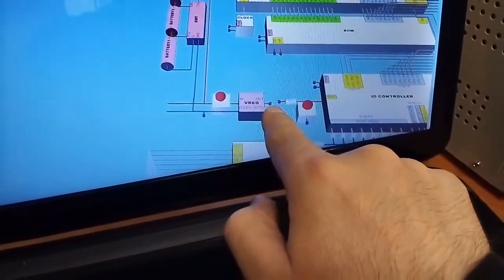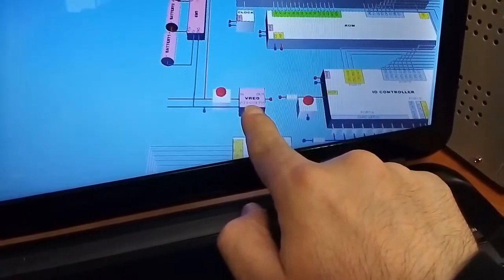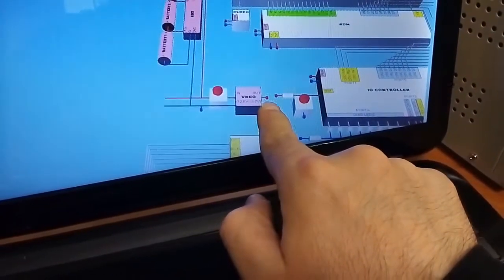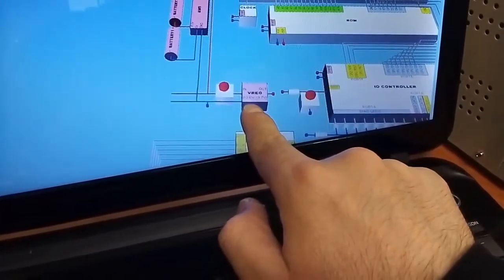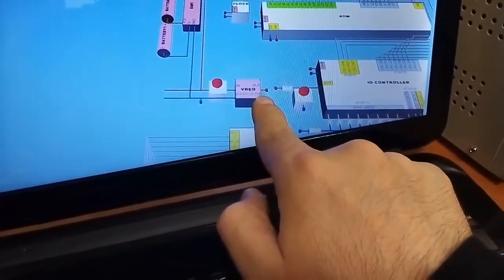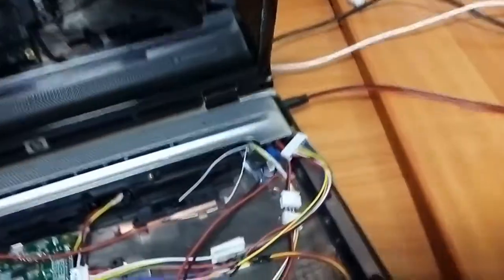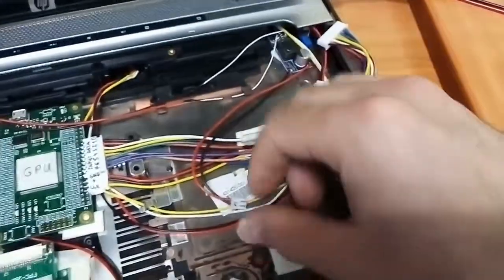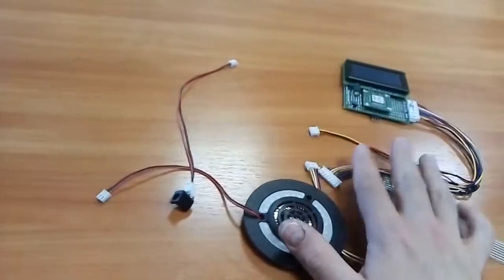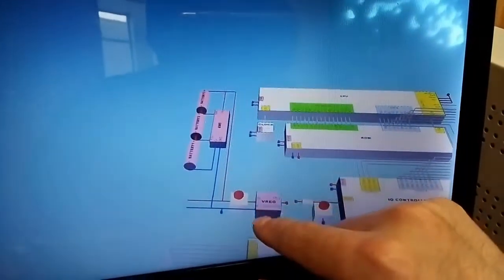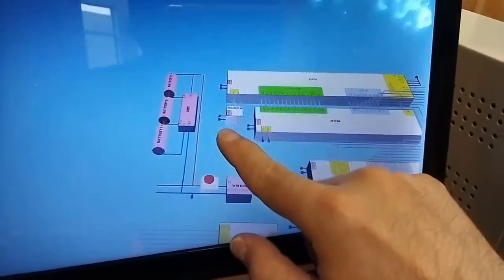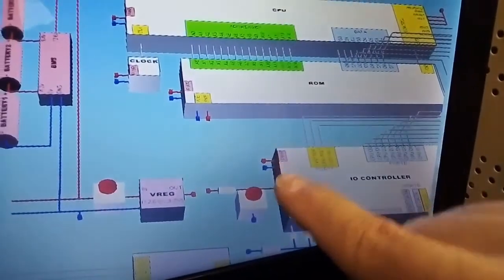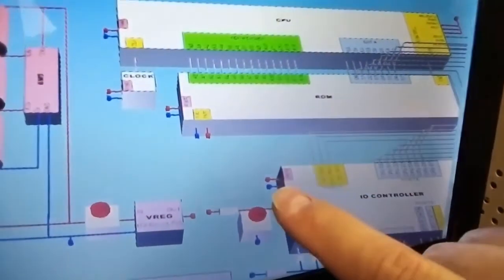So 12 volts comes here, 12.6, and from here this regulator pulls this voltage, converts it, drops it down to 3.7. Input is 12.6, output is 3.7, and that's the regulator. It takes 12.6, gives 3.7, the same as we saw here. And this 3.7 goes everywhere, here, where we have this power label,